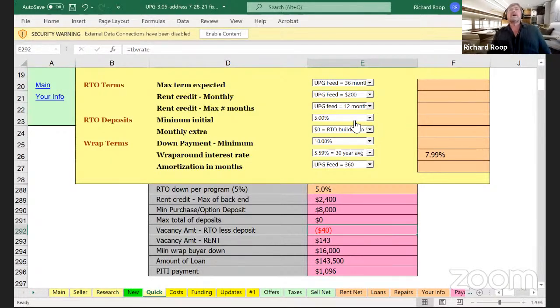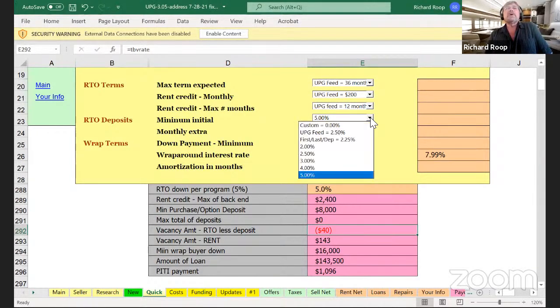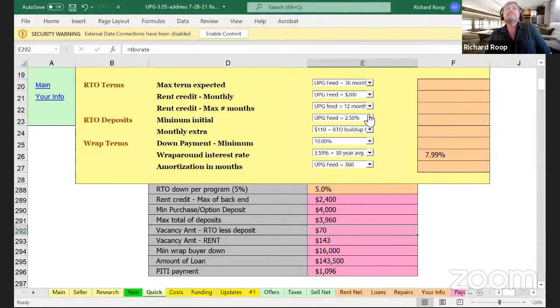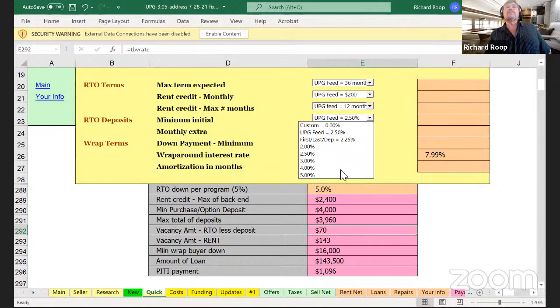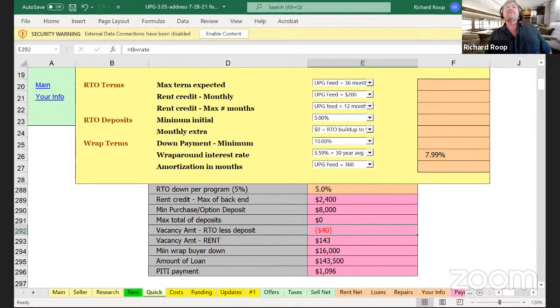So this normally assumes that you're going to use this deposit to manage the property. All right. So even though it says an extra $110 a month to build it up to 5%,